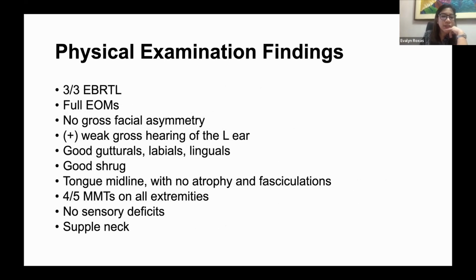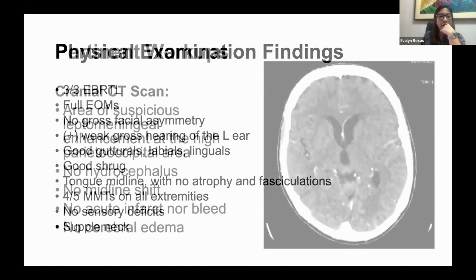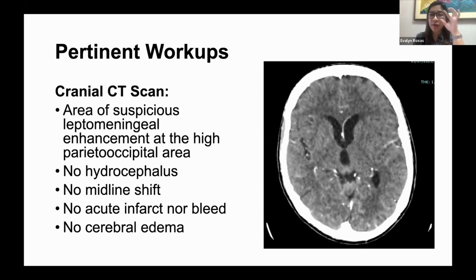Okay, so these are the neuro findings. So 3/3 with full EOMs. There was a note of weak gross hearing of his left ear. So he was subjected to a cranial CT scan. A cranial CT scan was requested, and there was a note of an area of suspicious leptomeningeal enhancement at the high parieto-occipital area. So there was no note of hydrocephalus, nor midline shift, no acute infarct, nor bleed, and no cerebral